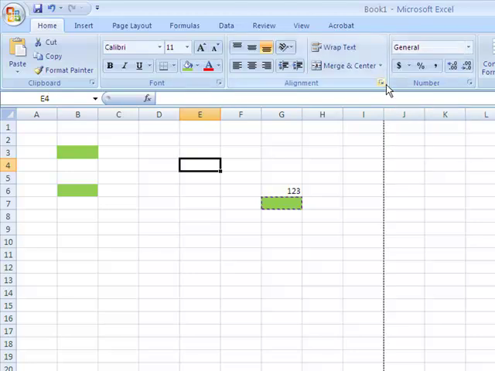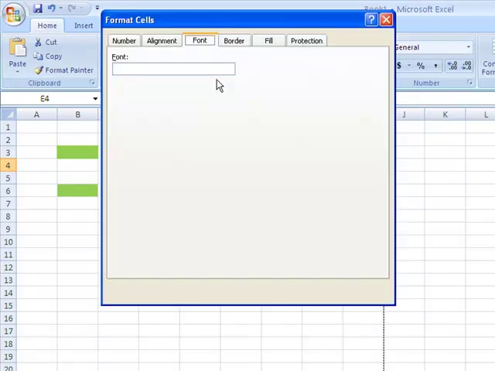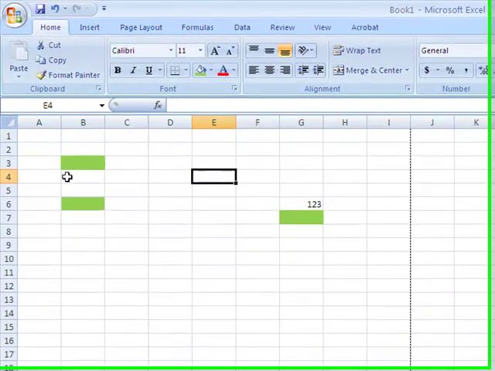Now within each tab we have these divisions that are called groups. The group names are below, so for example the second group is called Font and is labeled here. Many of the groups have a little arrow on the lower right hand corner. This is called our launcher arrow, and when I click on it, what it does is it brings up a dialog box. Now let me cancel this for just a second,